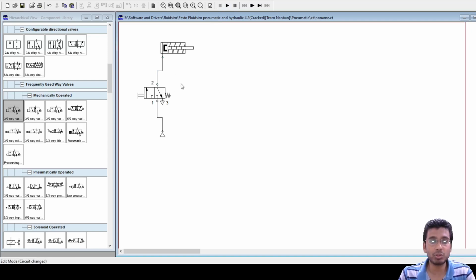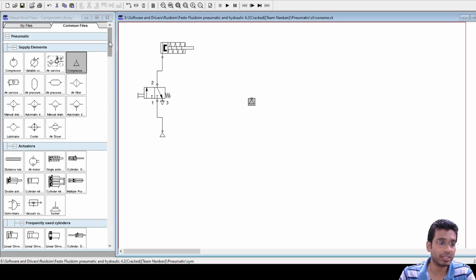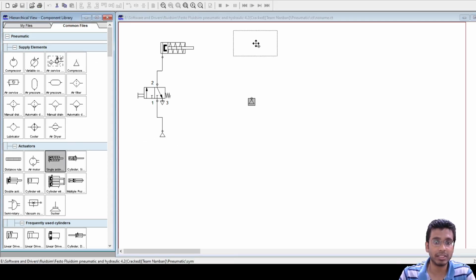Now what you have to do is make this similar thing for an electro-pneumatic circuit. So for that, what do we require? We'll be requiring one compressed air source, and we'll be requiring a single acting cylinder.